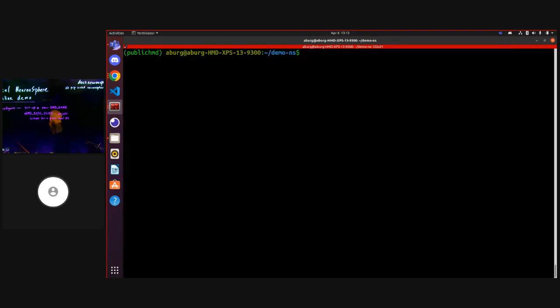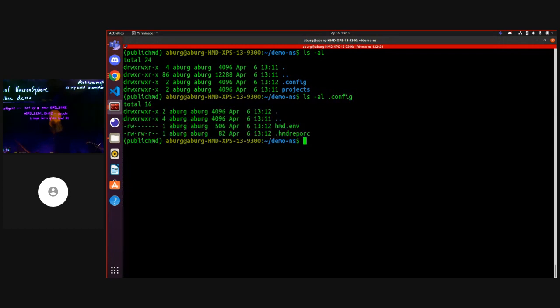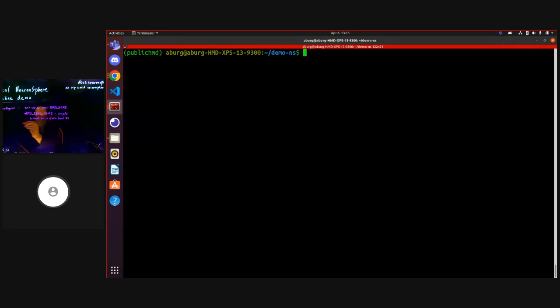So now the folder is there. Right now just 2 folders: a hidden config folder, which we'll look into real quick, and that's going to contain the important file, the HMD env. HMD env has all of the environment variables that we just set with those prompts using HMD configure, and all of the NeuronSphere CLI tools will need HMD home set, and then we'll read their configuration from that HMD env